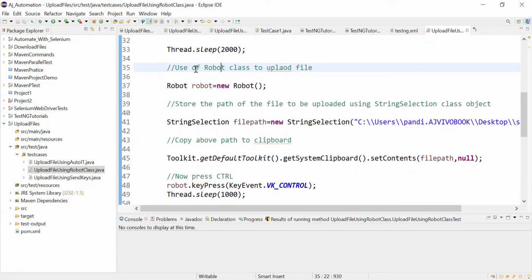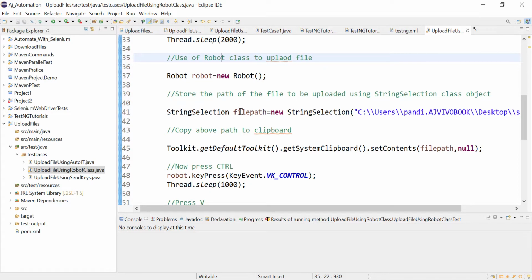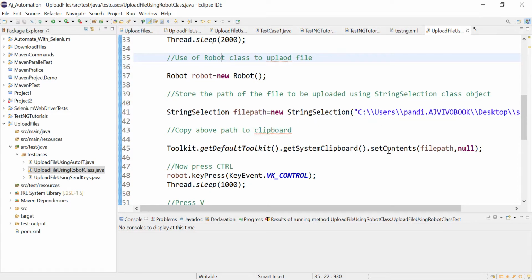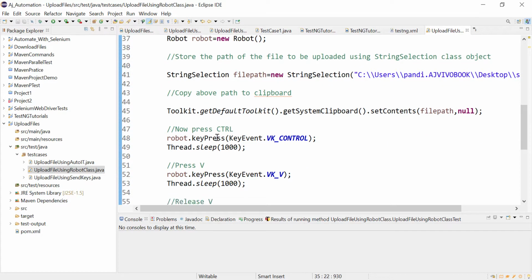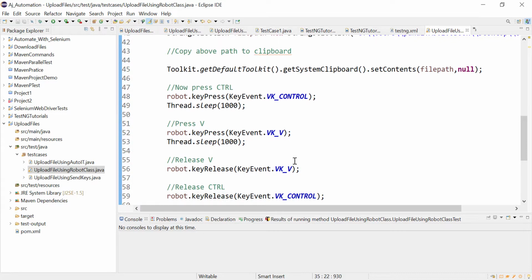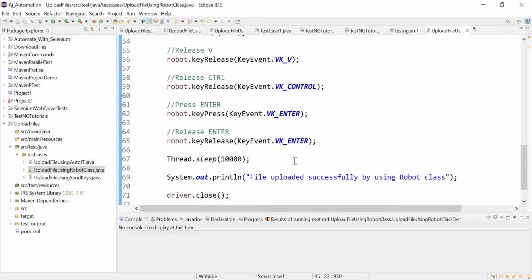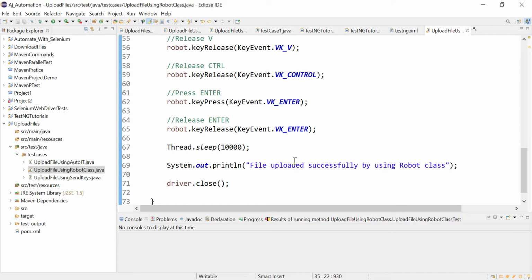Then create the object of the Robot class so that you can use the keyPress and keyRelease methods. First store the path in a StringSelection object and pass it to setContents. Then press Control then V, release both keys, press Enter, then release Enter, and our file will be uploaded.